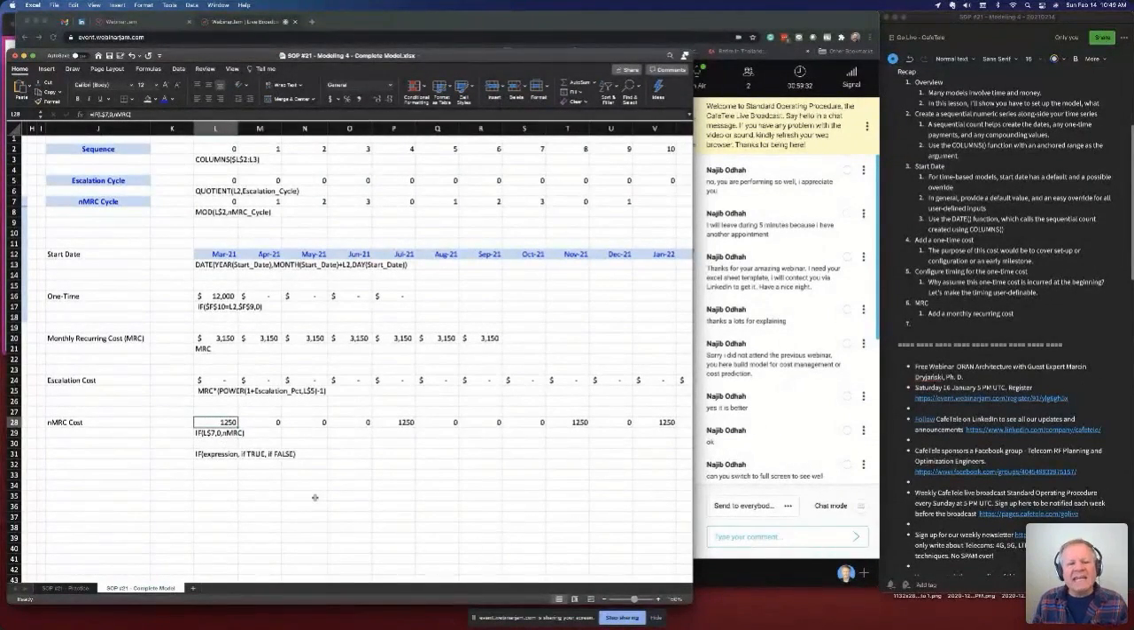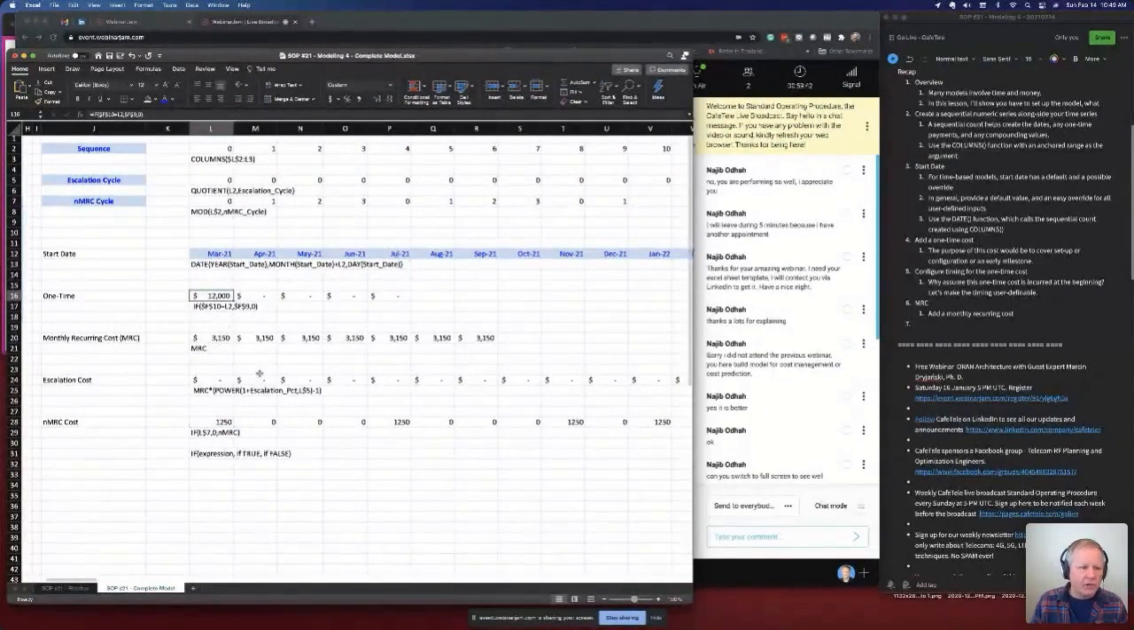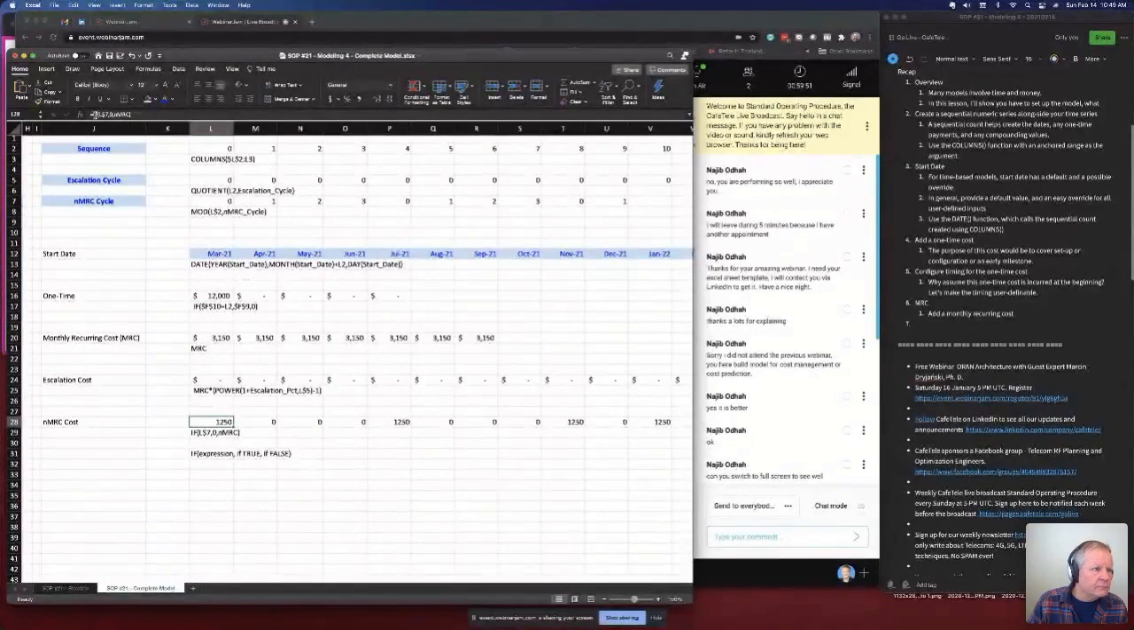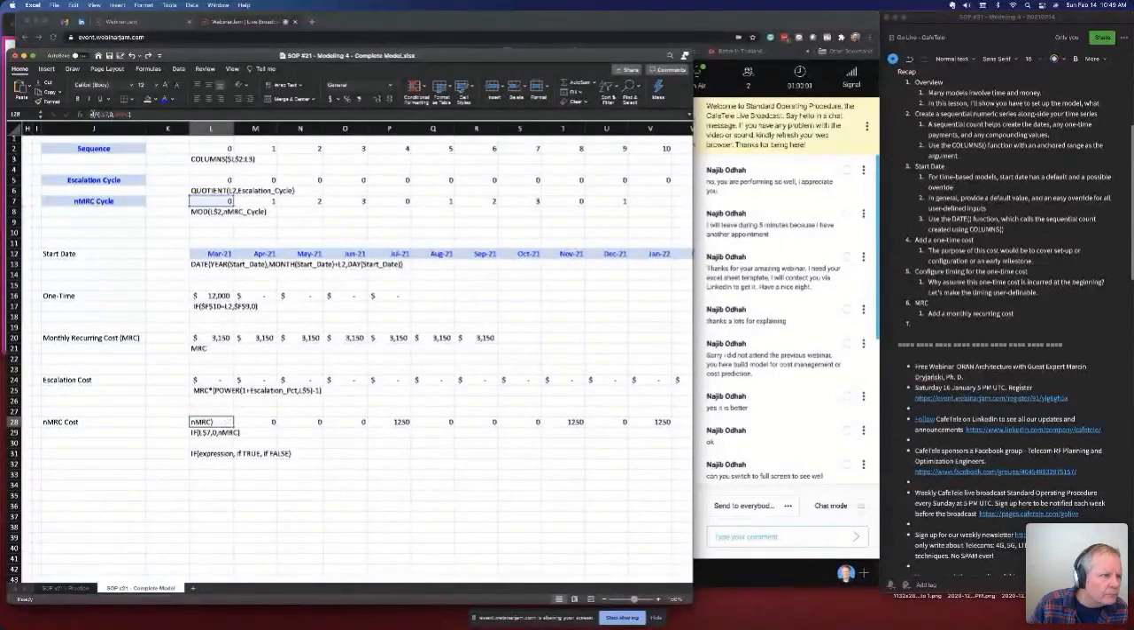But my guess is you wouldn't have this one-time non-monthly recurring cost on the very first one. That's your startup cost. So there's probably one case where you don't have this, and that's if the sequence is 0,